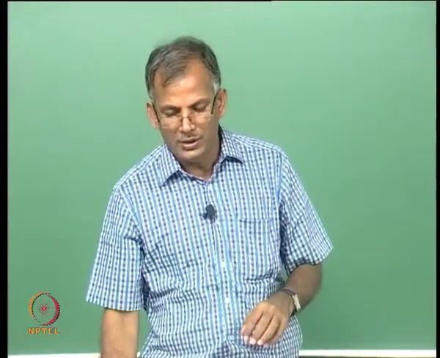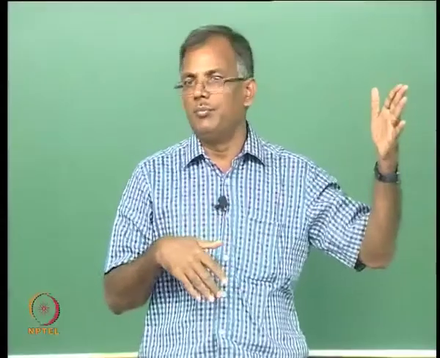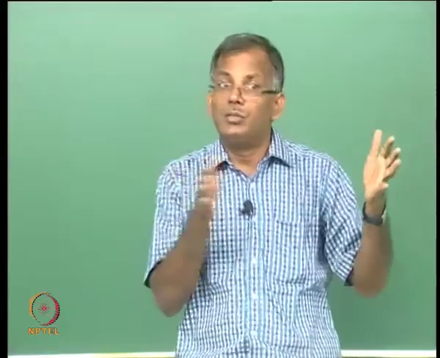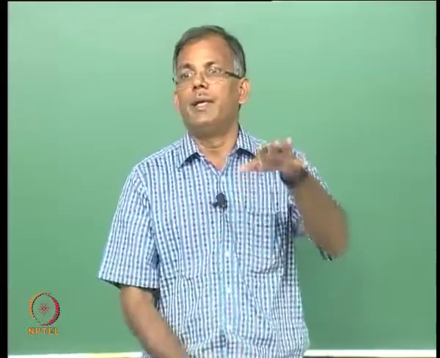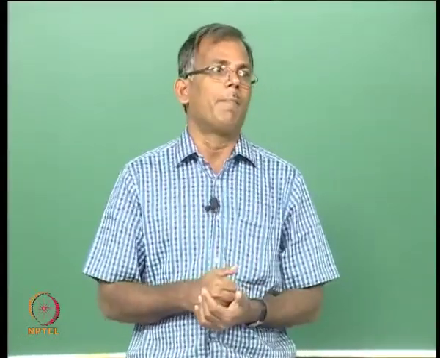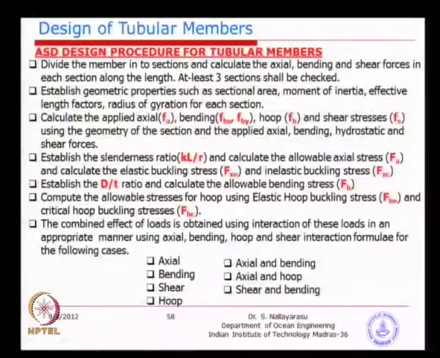Similarly, the axial stress with the hoop stress, you need to make sure that that is also within the limits. Finally, the shear and bending. If you look at a simply supported beam, shear is 0 where the bending moment is maximum, and shear is maximum when the bending moment is 0, but elsewhere you may have both a bending moment and a shear force, whose combined effect could create a problem. So, you have to look at the shear and bending. All these combinations are to make sure that in no situation is the structure stressed beyond the supposed allowable stress. So, that is the idea behind it.